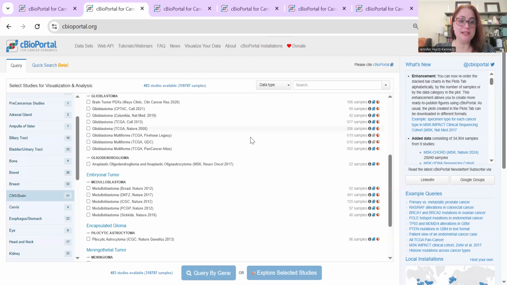So I'm going to look at glioblastoma. I still have multiple choices. For this example, I'm going to look at this data set, which comes from the 2020 Pan Cancer Atlas. If you're not sure where to start, I recommend looking at this 2020 Pan Cancer Atlas study, just because it's a very large study. And because it is so large, it's more likely you'll have enough samples to do statistical analyses. You're not required to do this, but it's a good place to